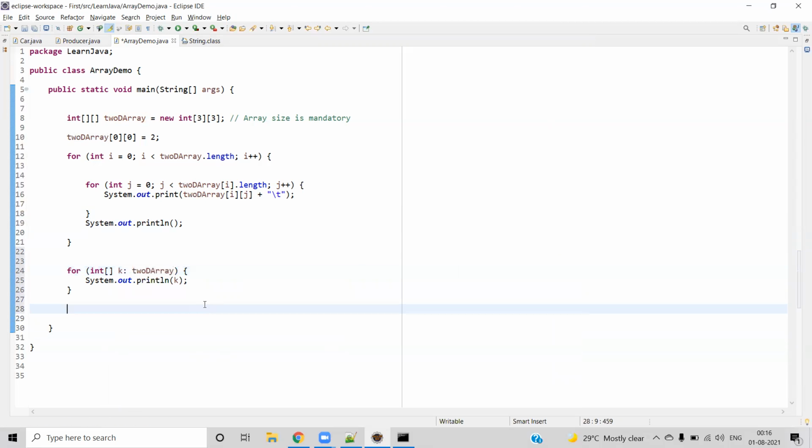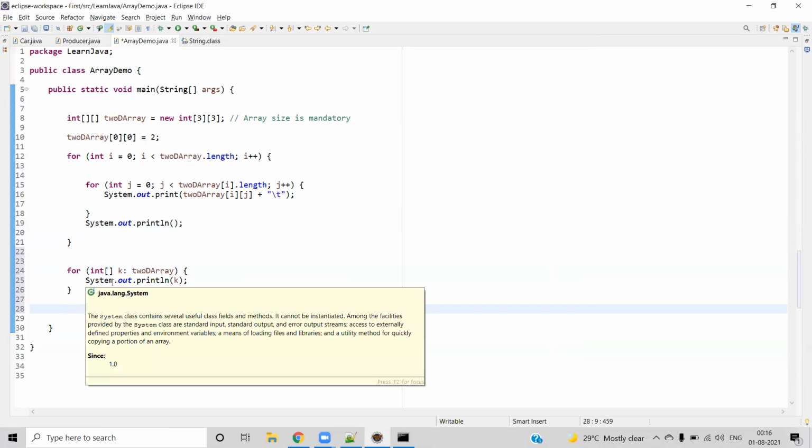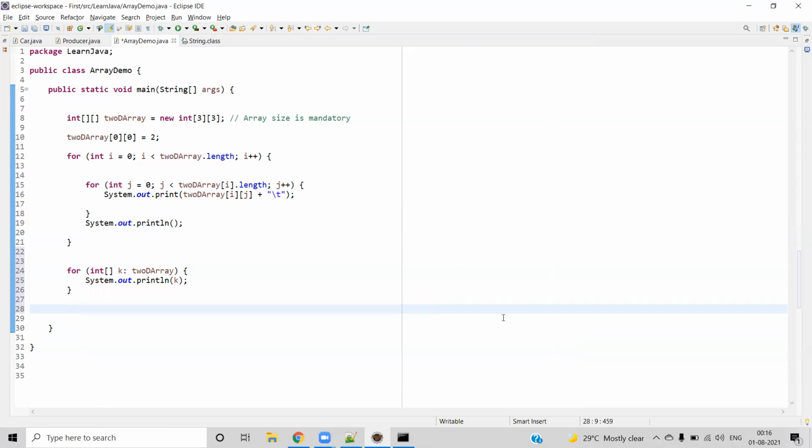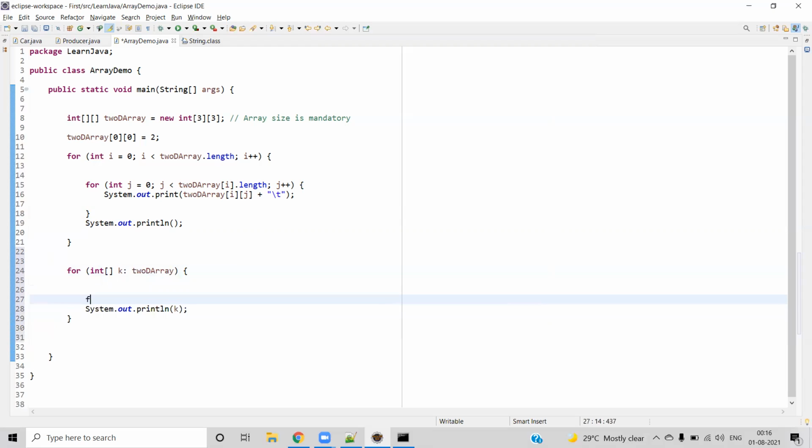Okay, fine. So I am getting into the integer array, because when you iterate the first layer, it will give the row. The row is again a single dimensional array. That's the reason the type of the first layer will be the integer array. Once you get into that, the second loop will be getting into the individual column value. So let's say integer c, and we are getting the k.